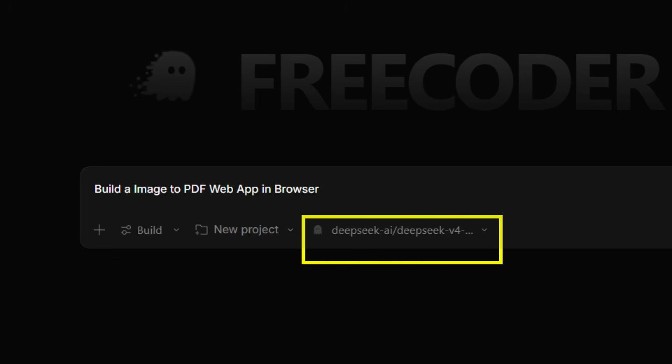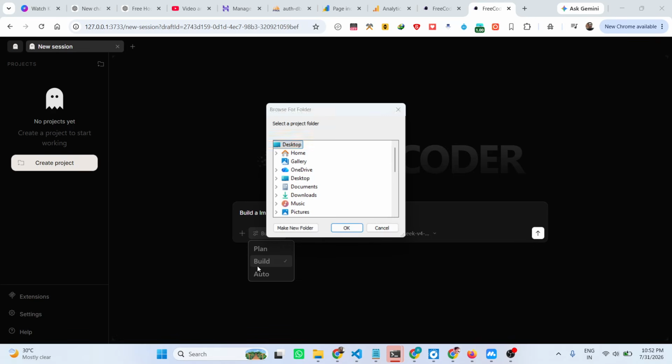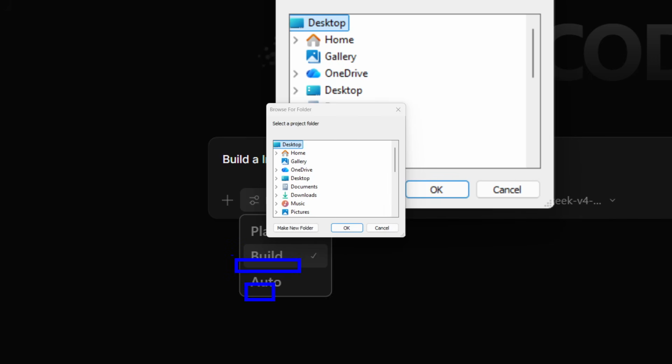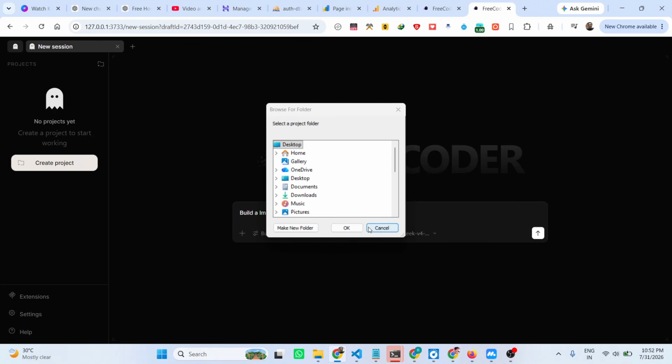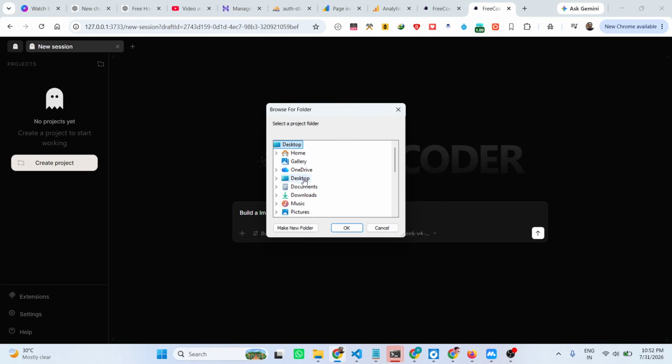Here you can even select a project as well. It's a new project. It has three modes: build, auto, or plan. We'll stick to the build option. Right here you can even select your project directory. So let me just select my project directory, which is